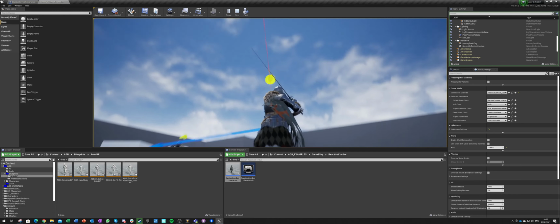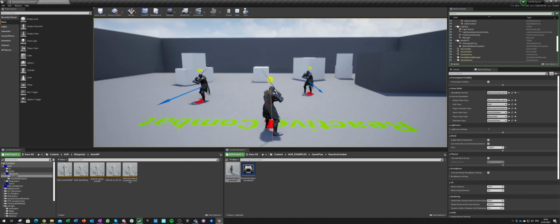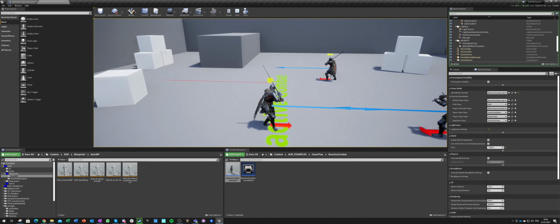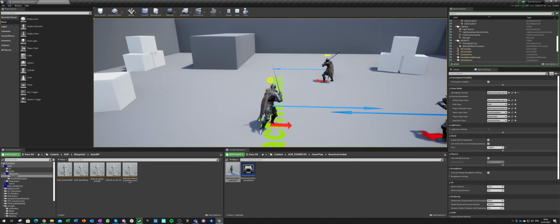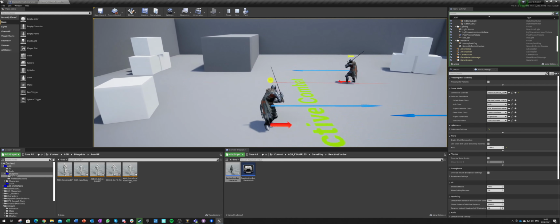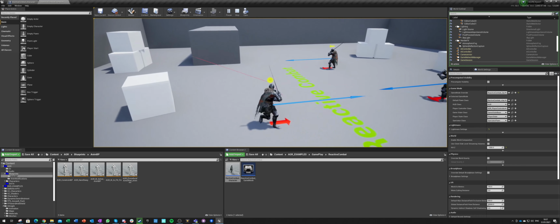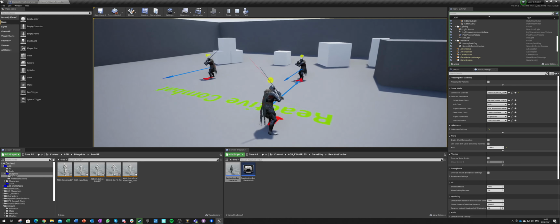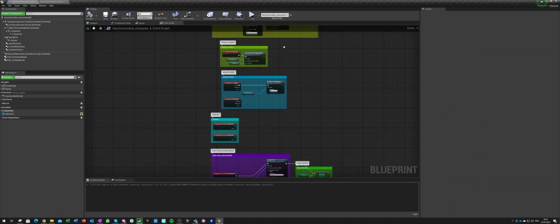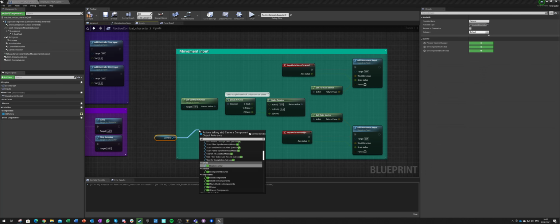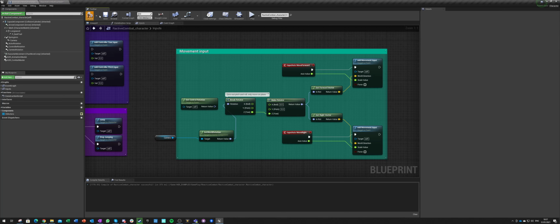Okay, but now I am moving the camera rotation, like you can see, but my control rotation stays exactly the same. And now if I try to add input, moving forward and backward, yeah, like this, I am not moving in relation to my camera, I'm moving in relation to my control rotation, which is bad. So I have to fix that as well. This is an easy fix, because inside here we just get control rotation. Instead we are taking the camera, get rotation, and this is exactly the same.